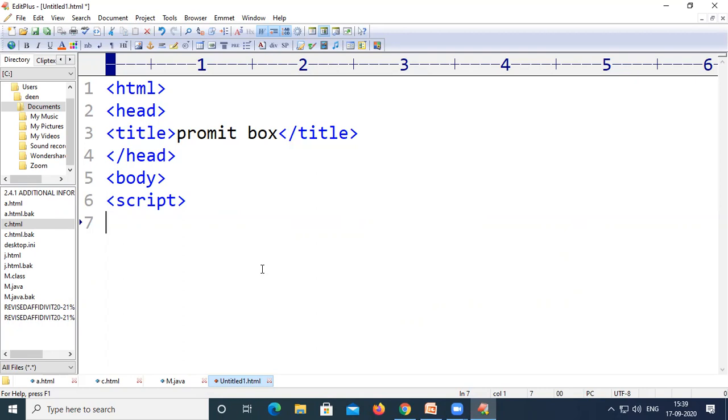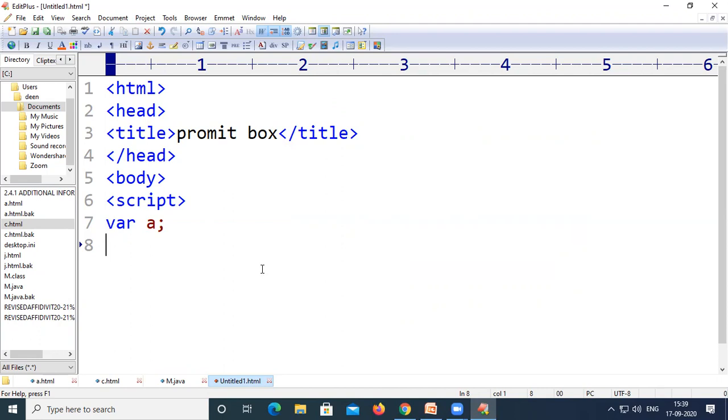But in JavaScript, it is quite different. We don't need any data type in order to define variables. We simply use a keyword called var, which means variable, followed by the name of the variable. For example, if a is the name of the variable, then we write var a.